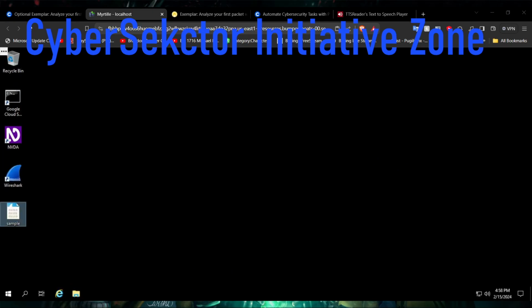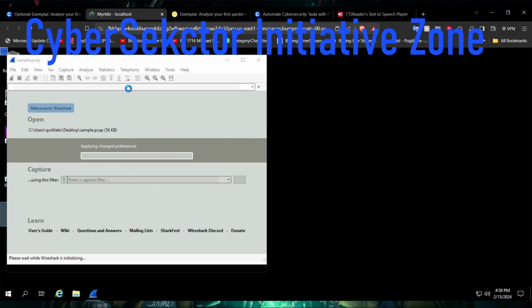Alright, I'm back. What we're doing right here is running Wireshark on this file. If the file is not allowing you to open it because Wireshark is not installed on this VMware instance, you need to install Wireshark on this VMware, and then you'll be able to proceed. Once you have it installed, you double click this, and it is going to open up